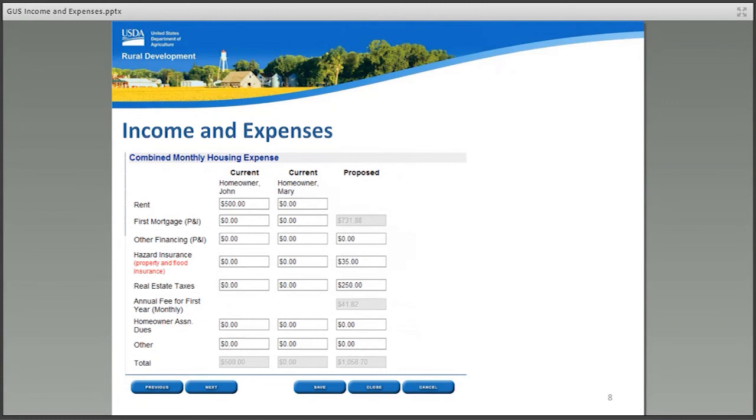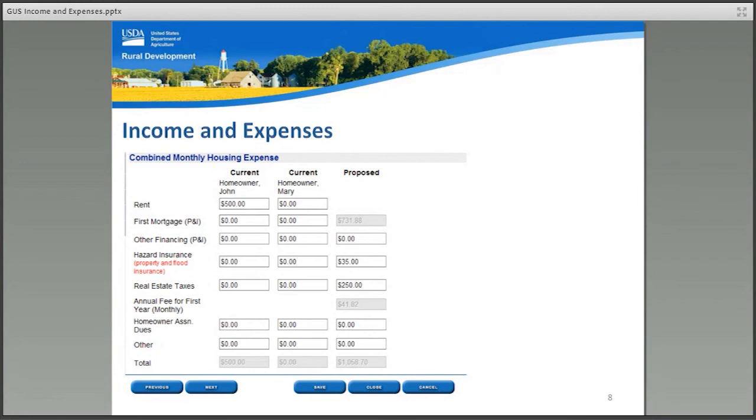The next section of the application page is Combined Monthly Housing Expense. Each borrower is listed with their own columns for current and proposed housing expenses associated with the loan. Enter the following as applicable. Rent: if any borrower is currently paying rent, please enter the amount. If the borrowers are both living in the same unit, the full rent may be entered in the primary borrower's column. If a verification of rent is required, it will be stated on the GUS Underwriting Findings Report. The payment of rent or other shelter costs may be an excellent compensating factor or alternate line of credit if applicable.